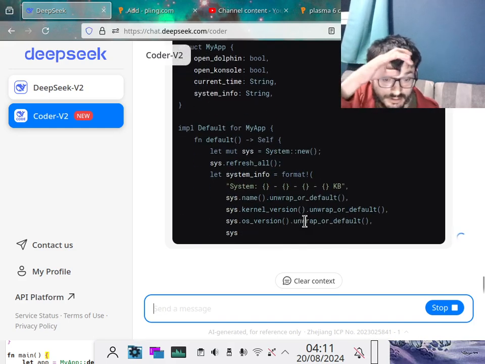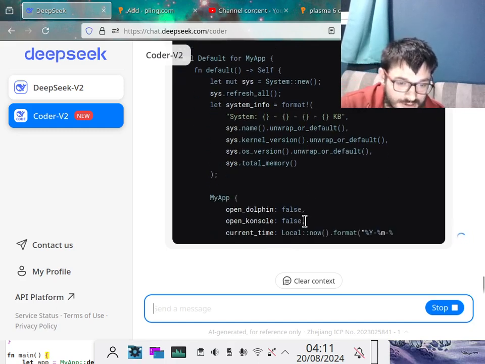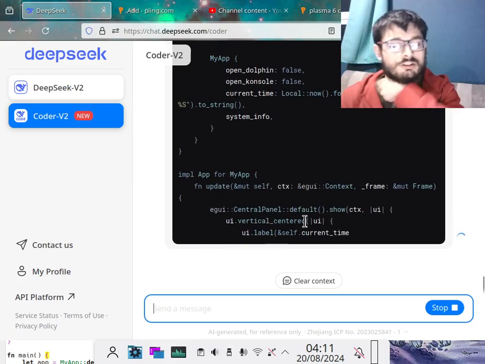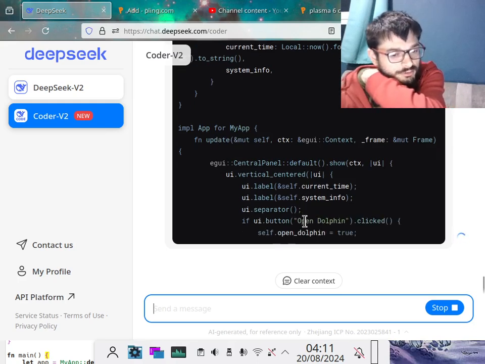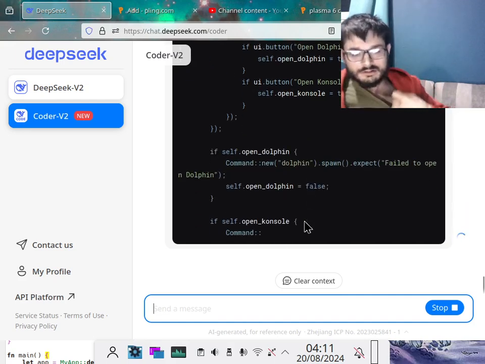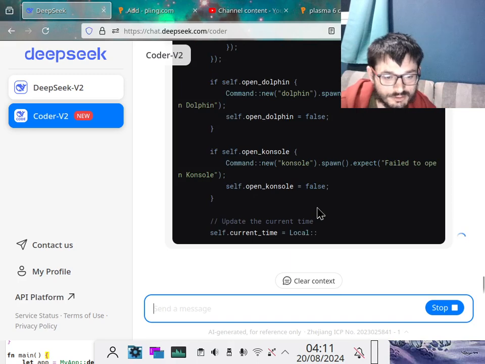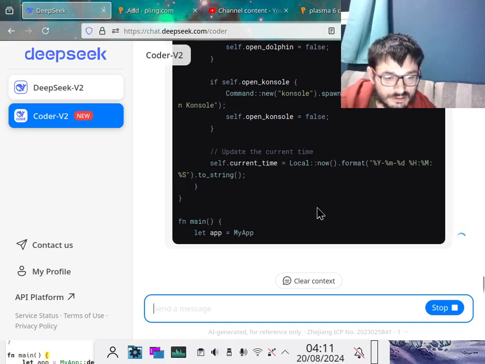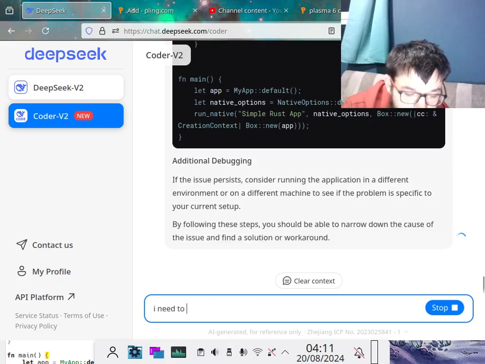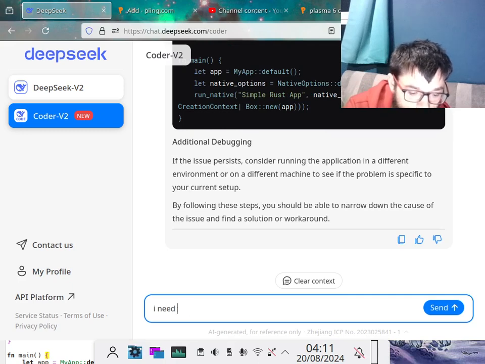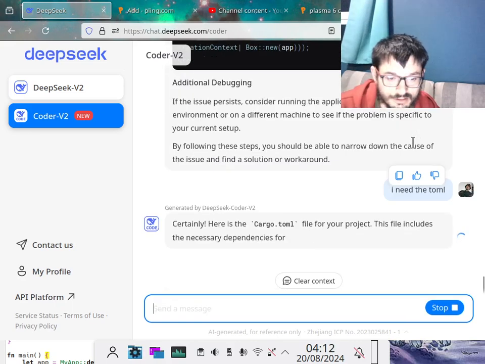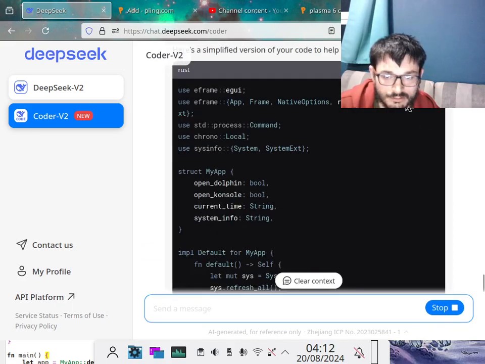Anything's better than nothing. Just give me something that works. We're trying to upgrade it now to show the time and system info. I don't know how it's showing the system info. Maybe we tell it to use the OS release, but if it works, I need. Let's see if we get the right stuff from it. We can